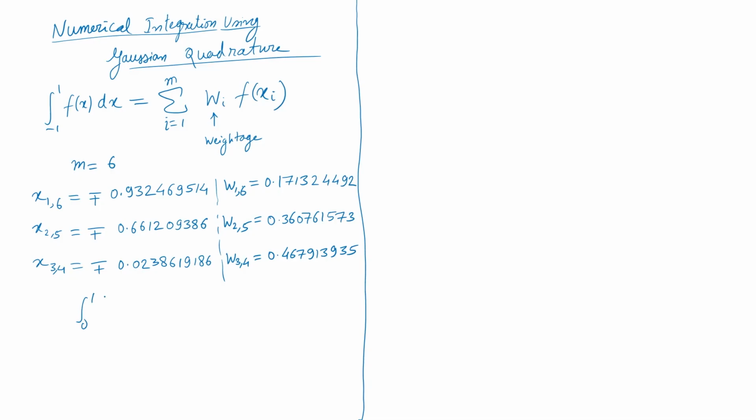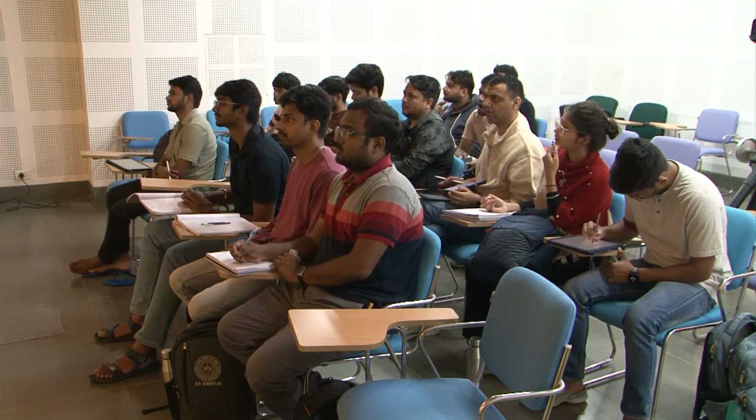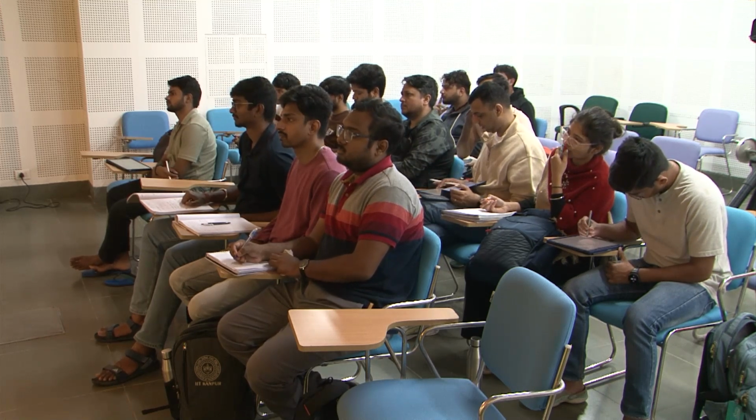So, we have to solve this integral, which is from 0 to 1, let us say. But our formula works from -1 to 1. Nobody could find the answer. We take the interval from 0 to 1 and then calculate points and weights. No, how? You forgot about change of variables.